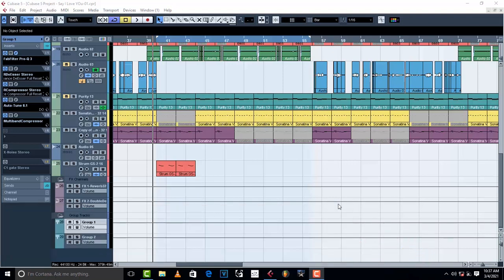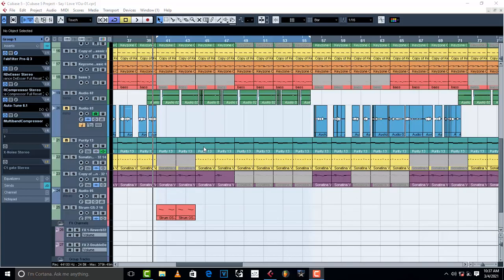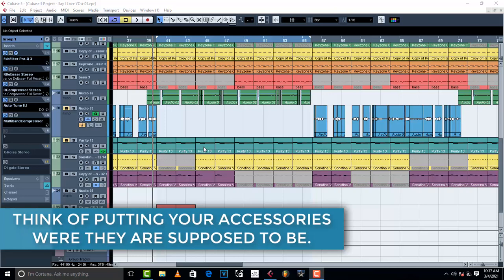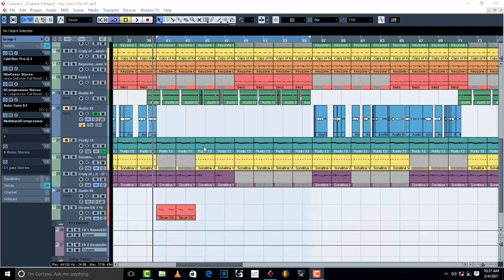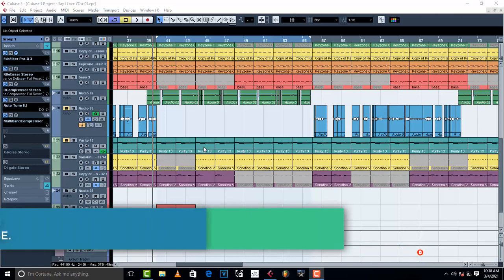You don't allocate all the sounds in one place. It doesn't really make sense when you put flowers in the same place where you put your books, where you put your shoes. Clothes are supposed to be in the wardrobe, pens are supposed to be where pens are supposed to be, shoes where shoes are supposed to be, books where books are supposed to be, and papers and the other stuff just where they're supposed to be. And when you put them where they're supposed to be, you create space, you create room, and everything just sits in order. The same thing applies when it comes to mixing your vocals, your sounds,